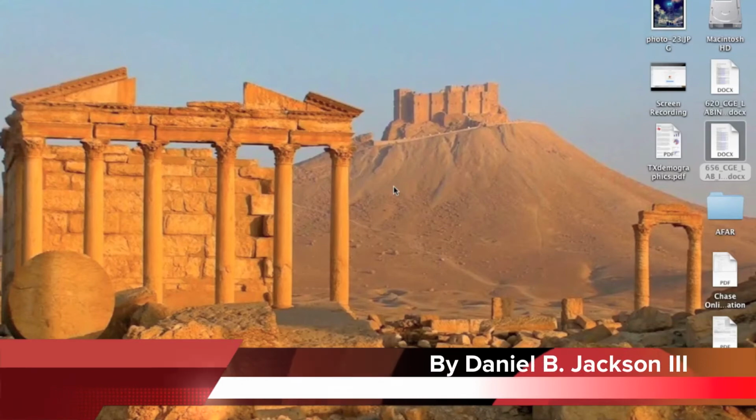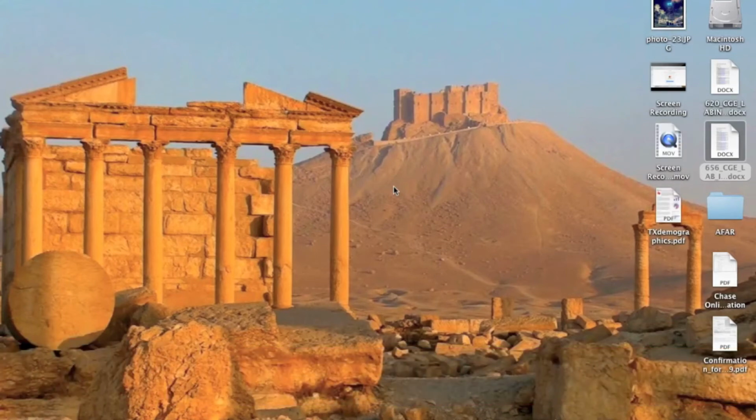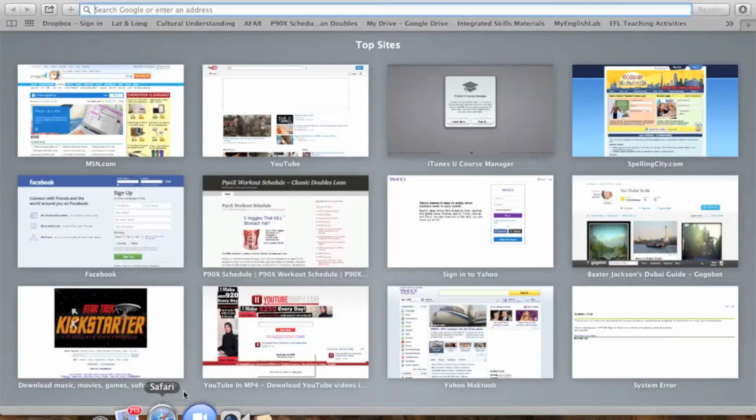Create interactive worksheets that automatically mark themselves using Google Forms and a script called Flubaroo. So let me show you how to begin. First, you just open up a browser. I'll open up Safari here and